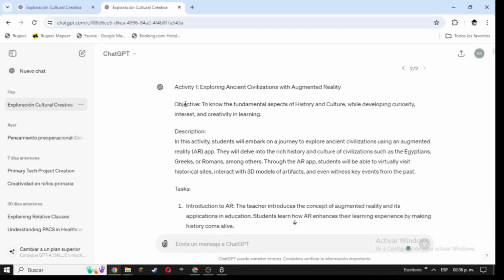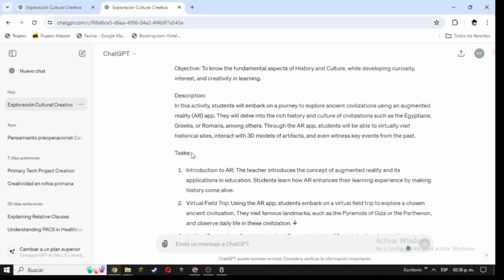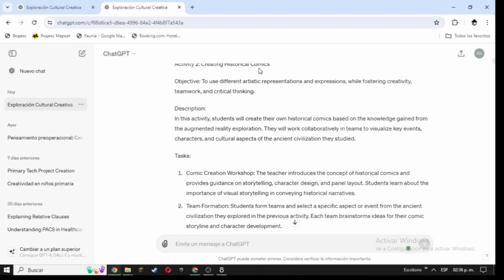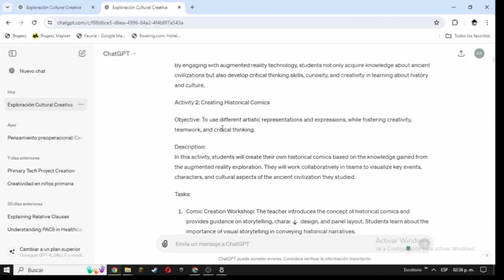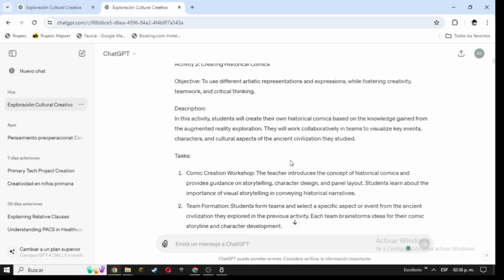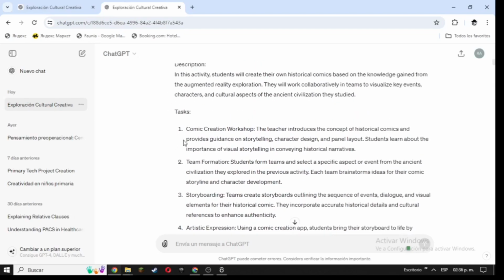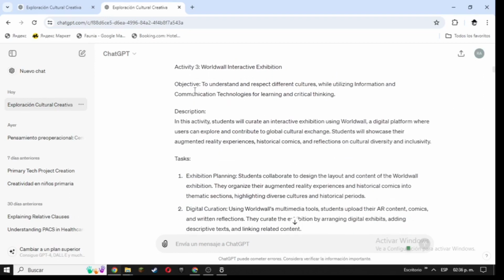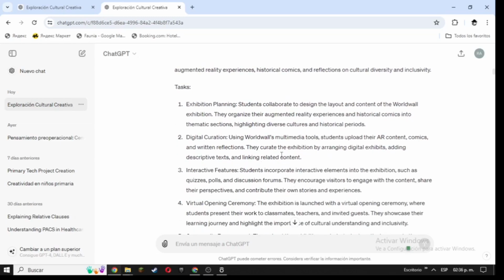So firstly, for the augmented reality task, I really like the proposal, as it would be a great first approach to these ancient civilizations and the students would be able to see them. After exploring those civilizations, the students would have to discuss what they have seen. Now, for the second task, which is down here, I also like the idea of creating historical comics, as it would foster their creativity and reinforce the content taught. And finally, for the third task, I didn't really like the proposal, as I think it should work as a final quiz to review all the contents taught in these activities. So I will change it now.